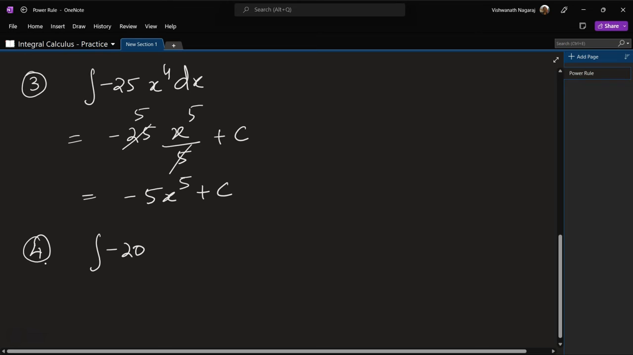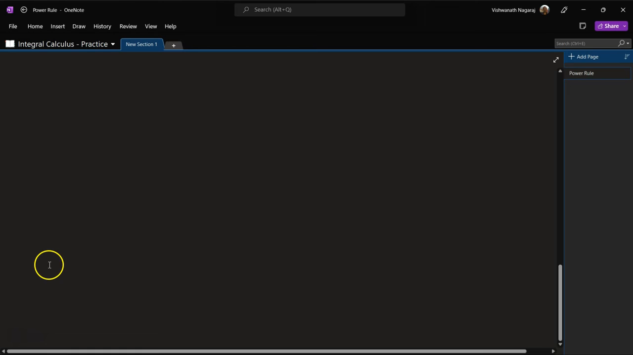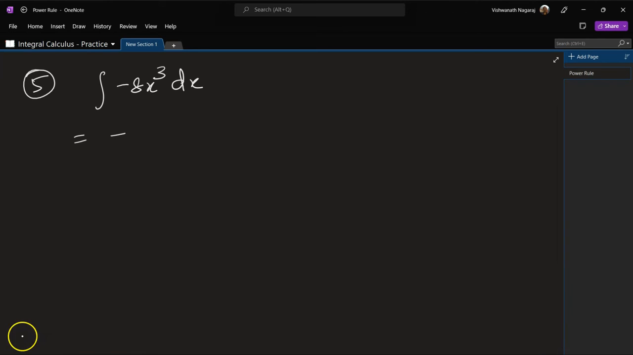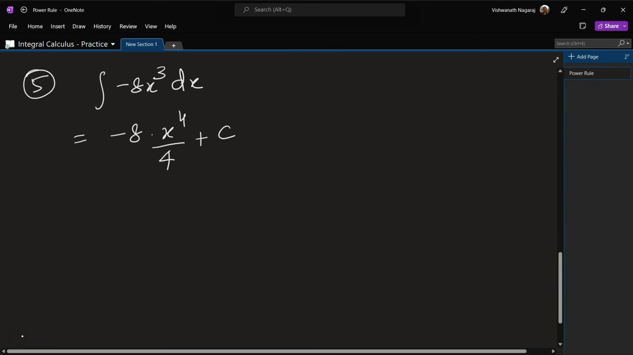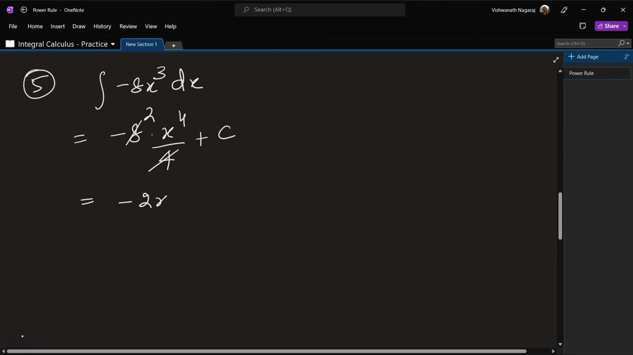Integral of minus 20 x to the power of 4 dx. What do we get? Minus 20 times x to the power of 5 by 5. 5 fours. So we get minus 4x to the power of 5 plus c. Okay. Fifth one, integral of minus 8x cube dx. This will be minus 8 times x to the power of 4 by 4 plus c. 4 twos is 8, which gives us minus 2x to the power of